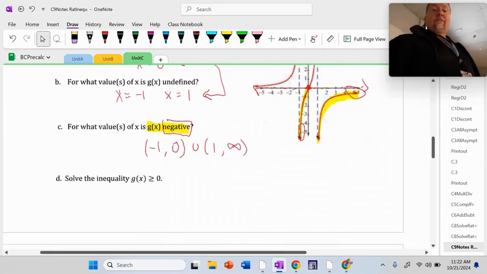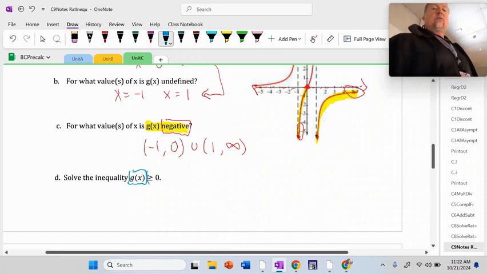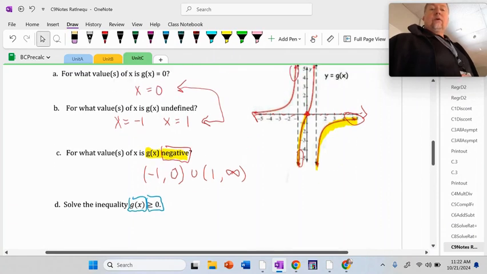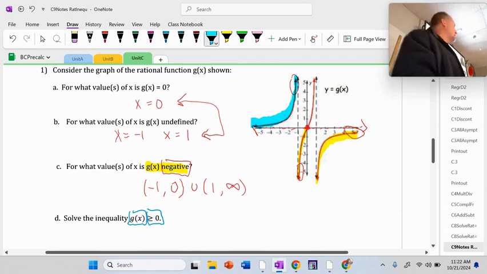And then this is a different question. Where is g of x greater than or equal to 0? Well, that's definitely